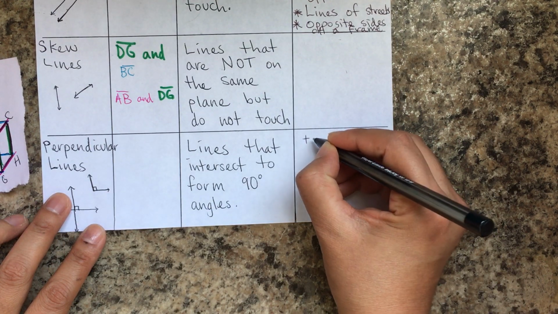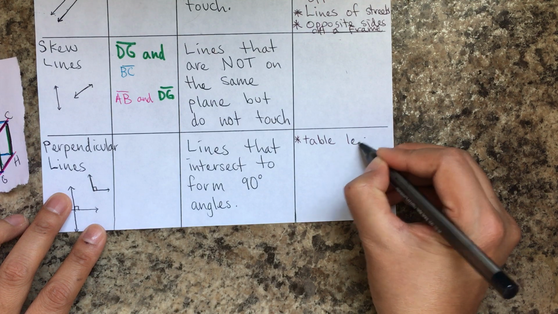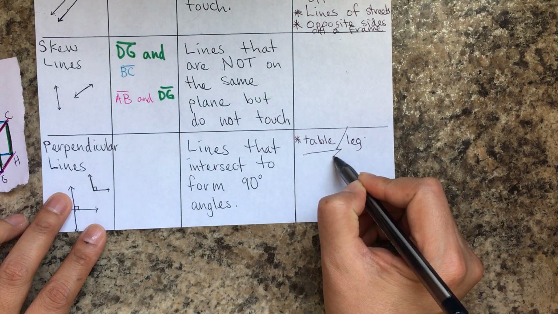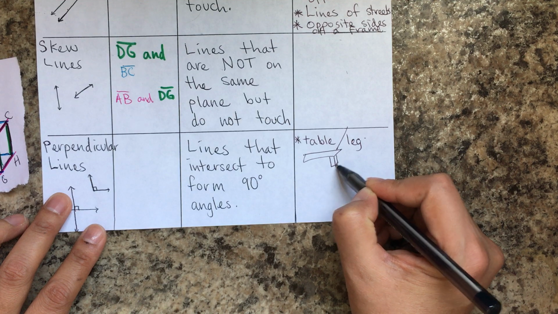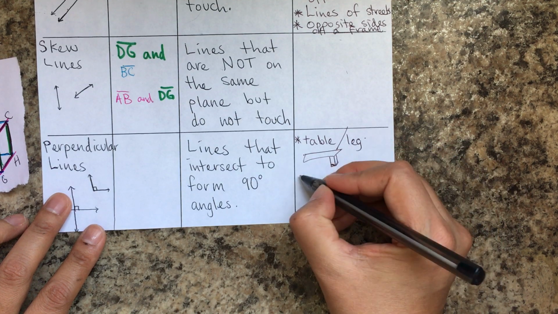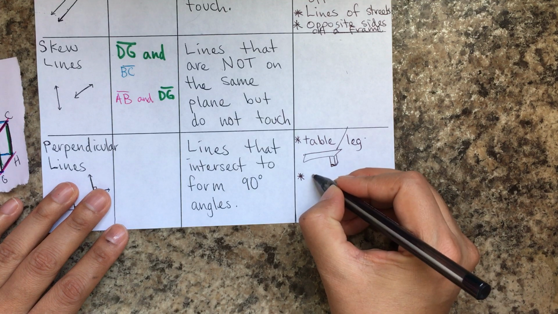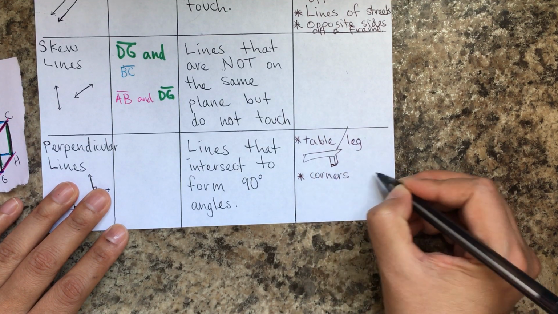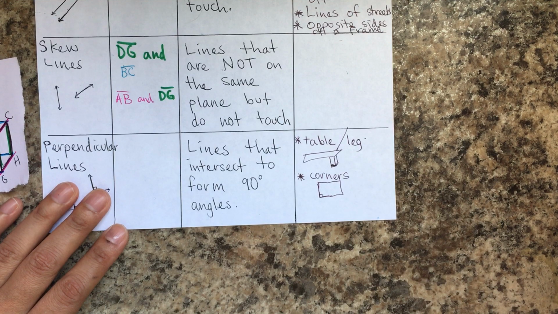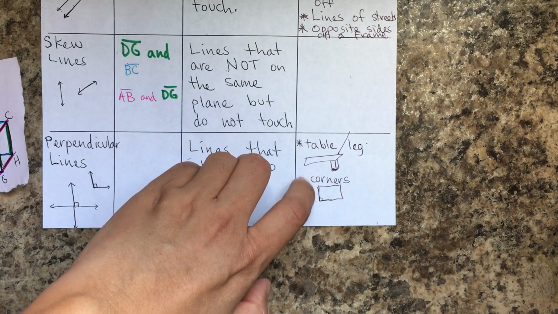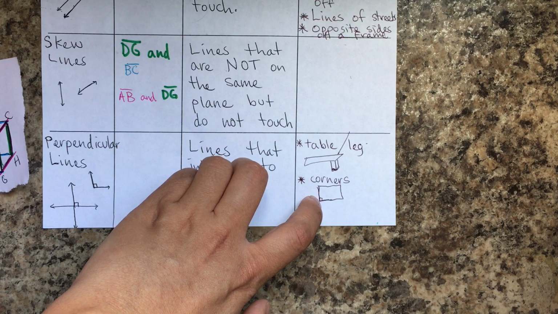connections could be tables and legs. Well, the table and the leg, okay, because the table is like this, and then the leg is like this, and so it's forming a 90-degree angle. Okay. What else? Corners can also form 90-degree angles. So corners in a room, those will be 90-degree perpendicular. So the walls, basically, not opposite walls, adjacent walls next to each other, and then they would be